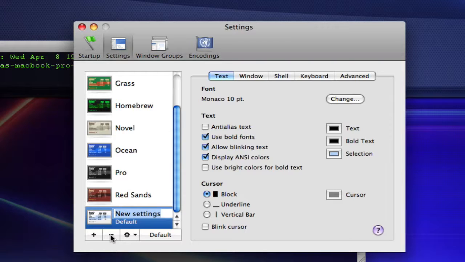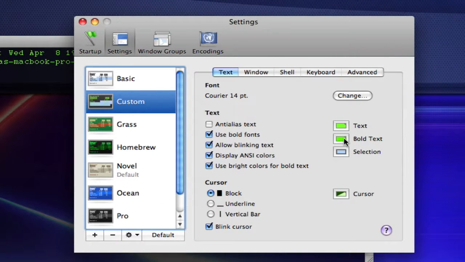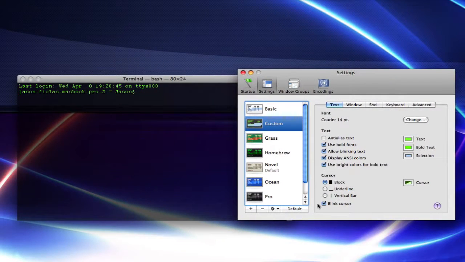You can change the color of the text, the bold text, your selection when you highlight it, and your cursor, the cursor color, if you'd like to have a block cursor, an underline, or a vertical bar, just that blinking thing right there. And then also you can